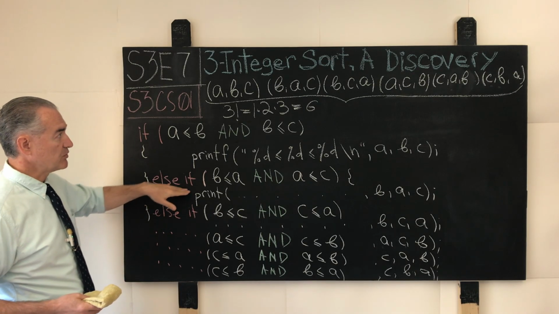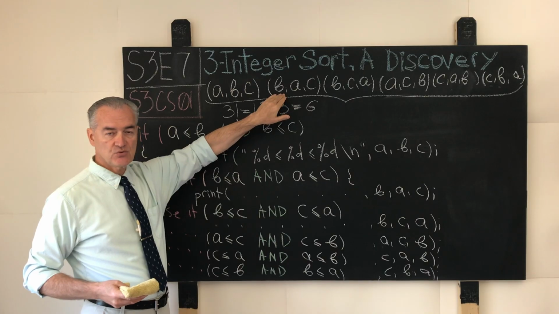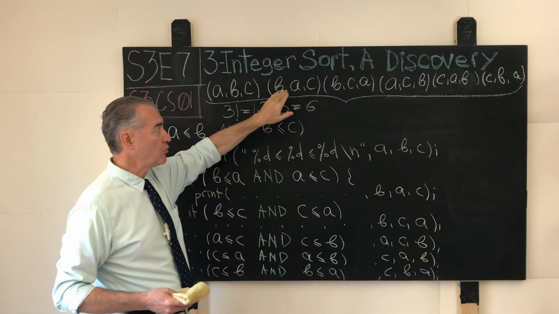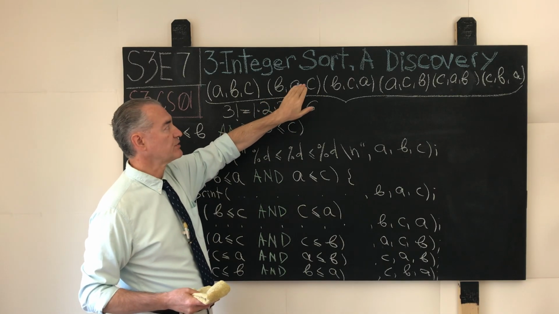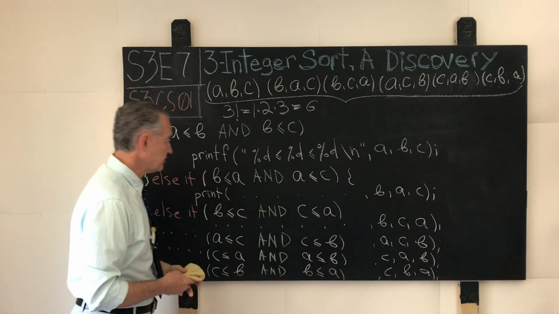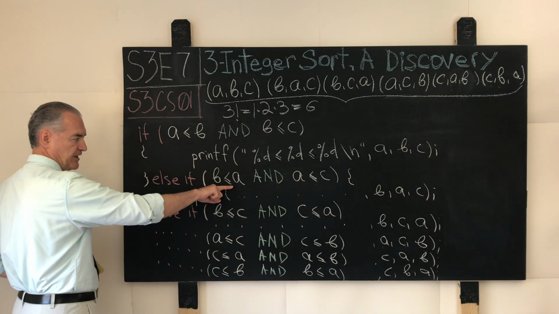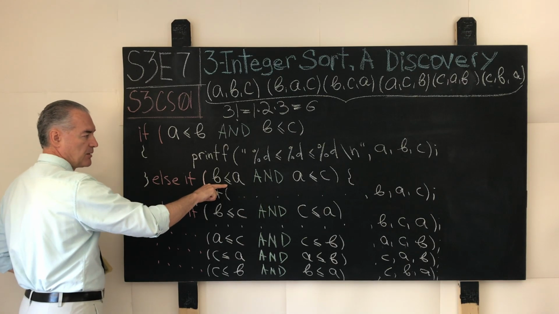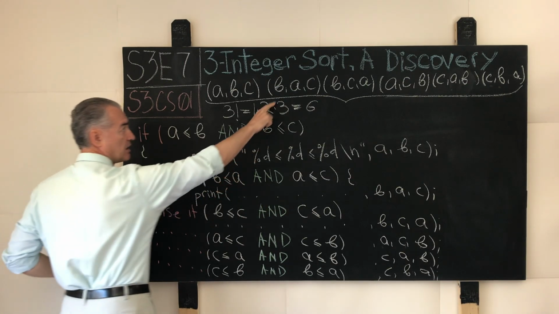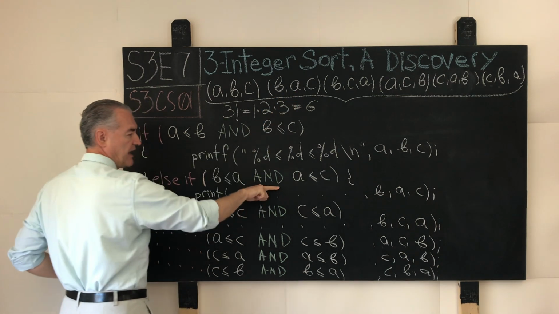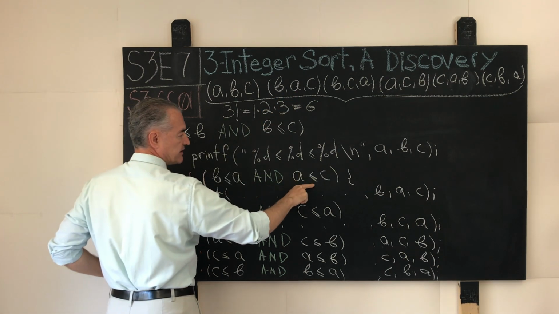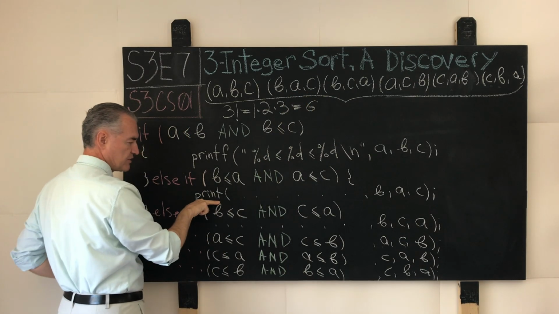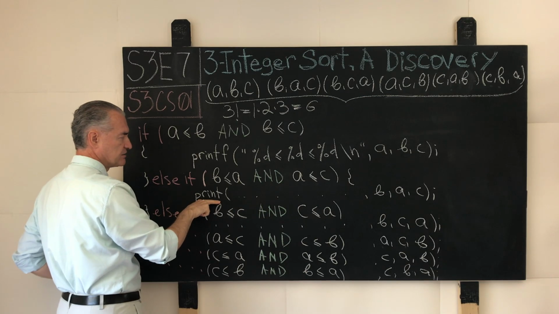For the next if statement, we take the next linear permutation and we do the same thing. We carry out 2 comparisons, the leftmost component against the middle component against the last component, and we put this test into the corresponding if statement as follows. If B is less than or equal to A, and A is less than or equal to C, then we craft the corresponding printf statement, which is basically